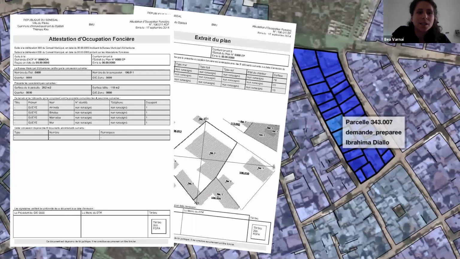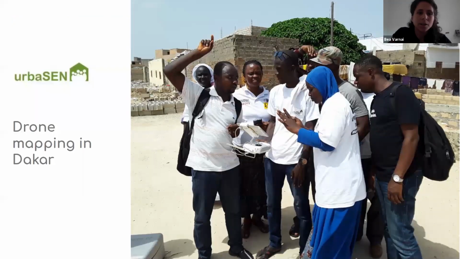And here you can see land titles, preliminary land titles that were also issued to the community members through this process. In parallel to these workshops and focus groups and the enumeration that took place, we also introduced, or urbaMonde introduced, drone mapping. Here you can see our colleagues with some visitors from across West Africa at an exchange that was organized by